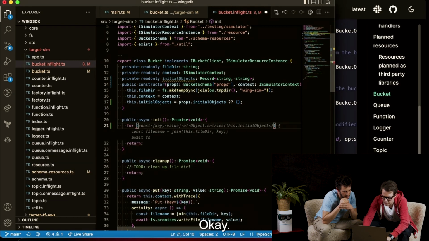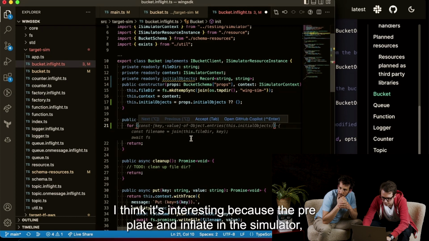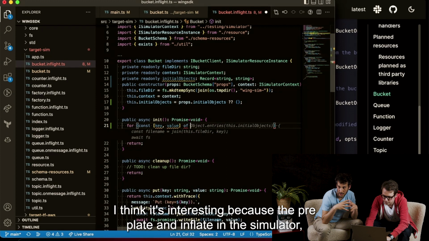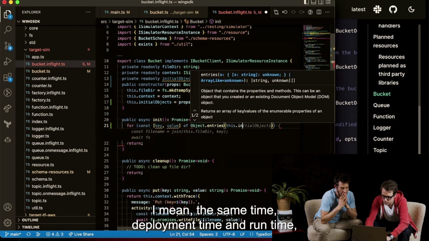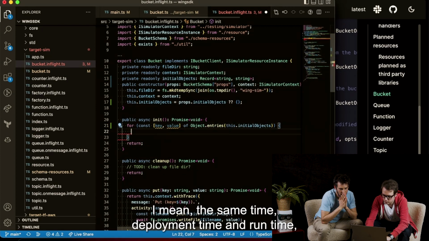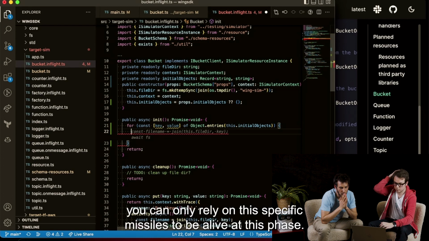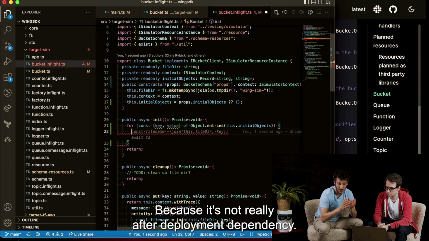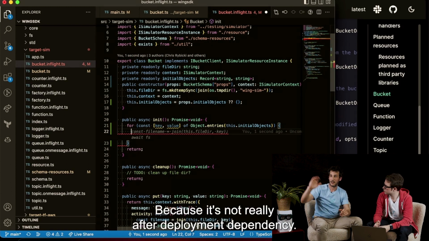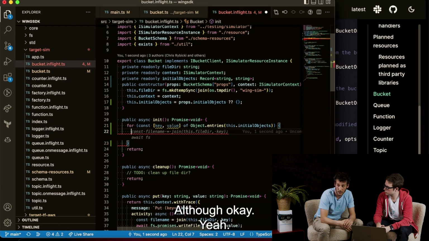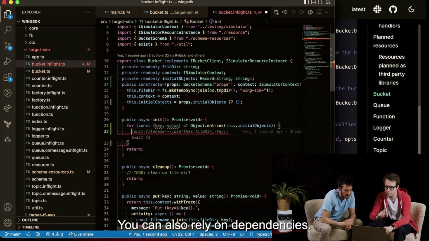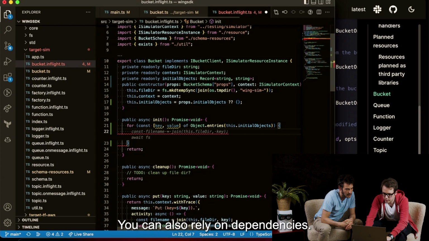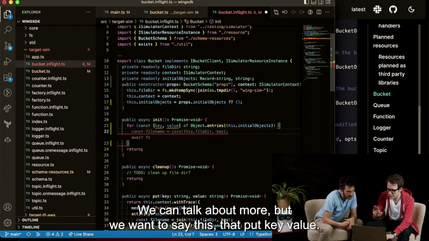Okay, so I think it's interesting because the pre-flight and in-flight in the simulator are the same time. You can, deployment time and runtime. You can only rely on this specific resource to be alive at this phase, right? I mean, because it's not really after deploy. Dependencies. Yeah, and all the dependencies. Yeah, you can also rely on dependencies. Okay. So we could talk about more, but